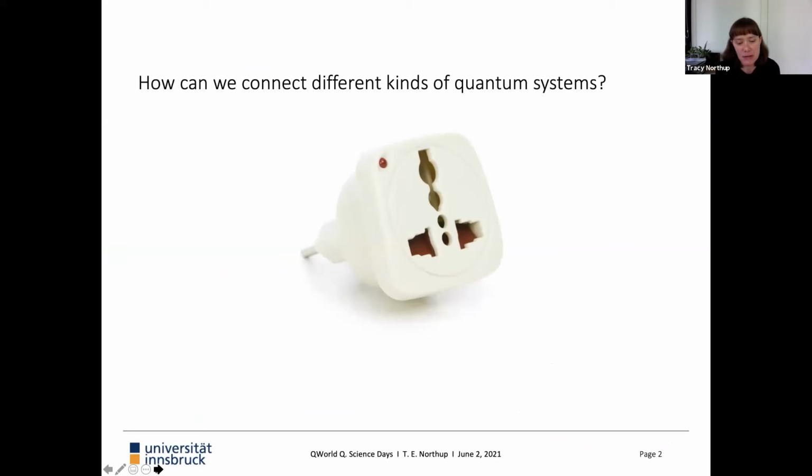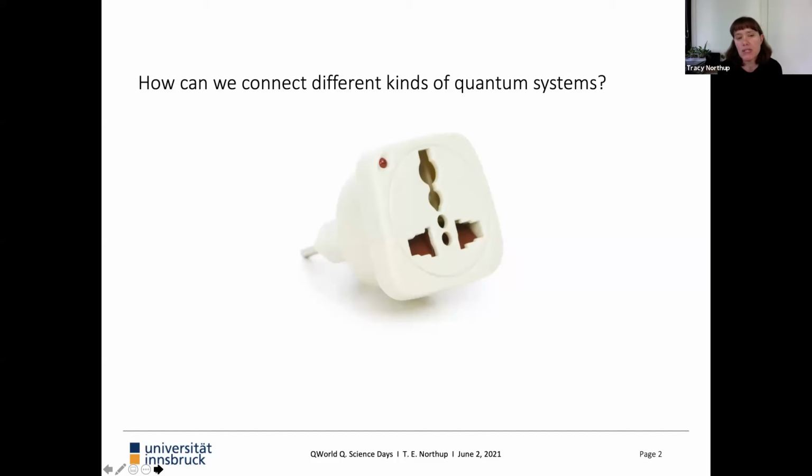This is an example of an artificial device. The reason we have devices that help us link between different kinds of power is because we, as a society, different countries decided on their own rules for voltages and frequencies. So in some sense, this kind of device is only necessary because it could have been avoided with some better coordination. But the question about connecting different kinds of systems, that's more fundamental.